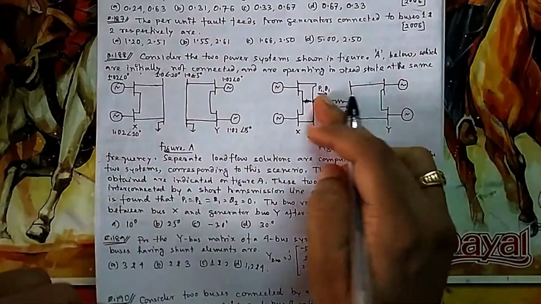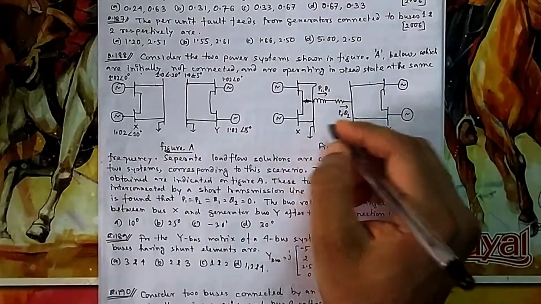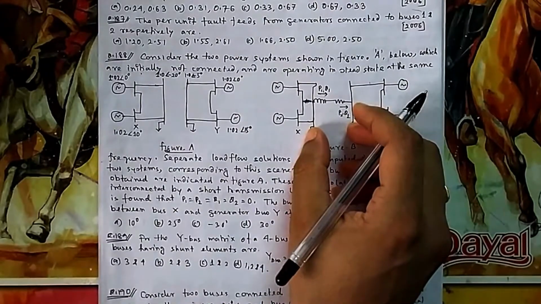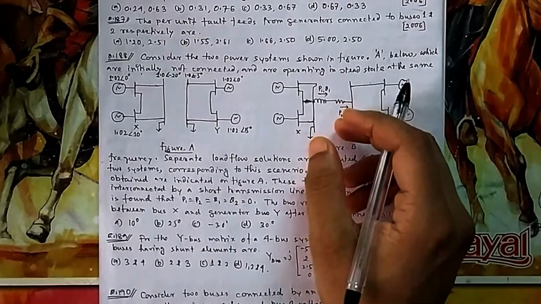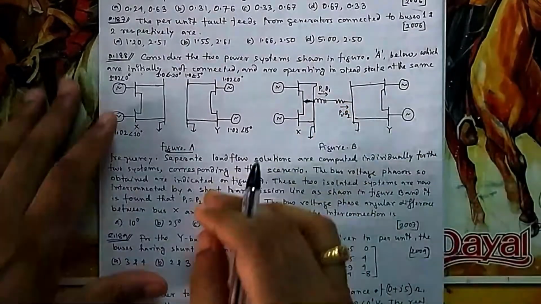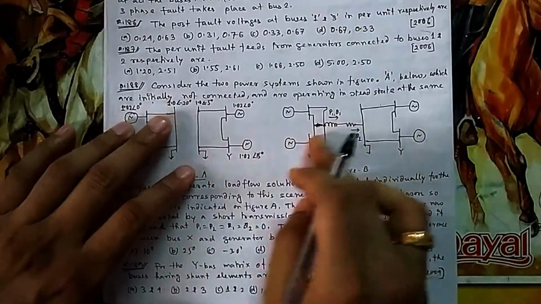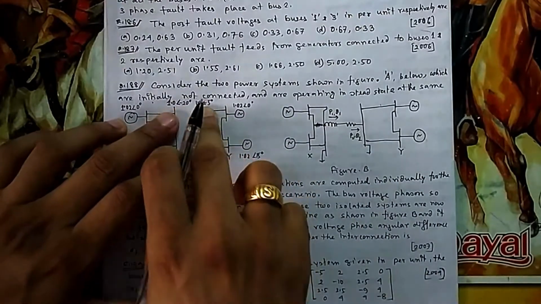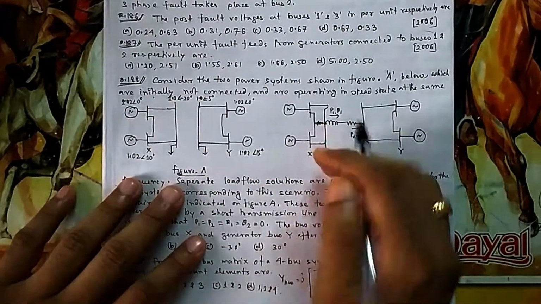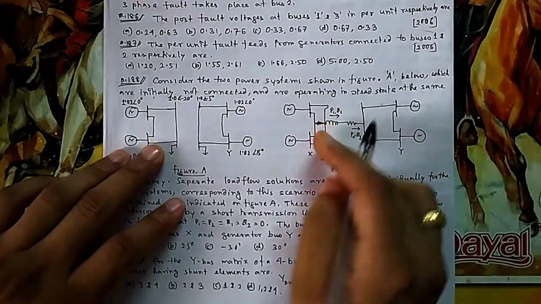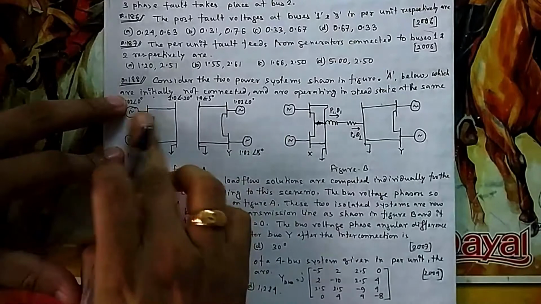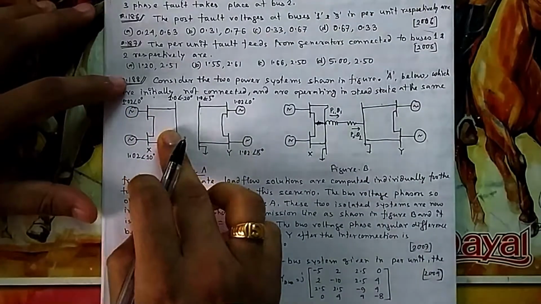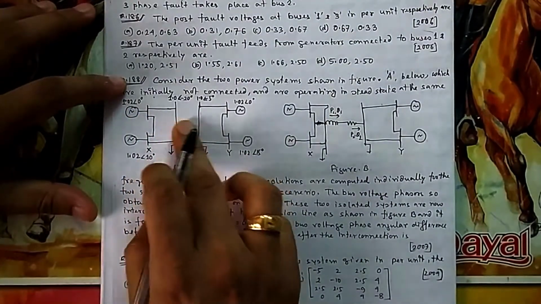Because the power flow is 0, the voltage here and the voltage here are exactly the same. The angle is the same, and the magnitude is also the same. Earlier it was 1 angle minus 20 and 1 angle minus 5. The power that was feeding this side will be entirely fed by these generators only. The way it was feeding earlier, the power is fed in the same way. No extra power is required because nothing is going to this side.